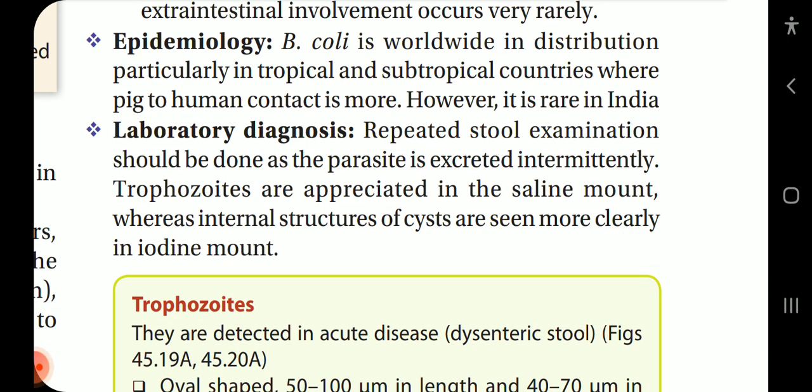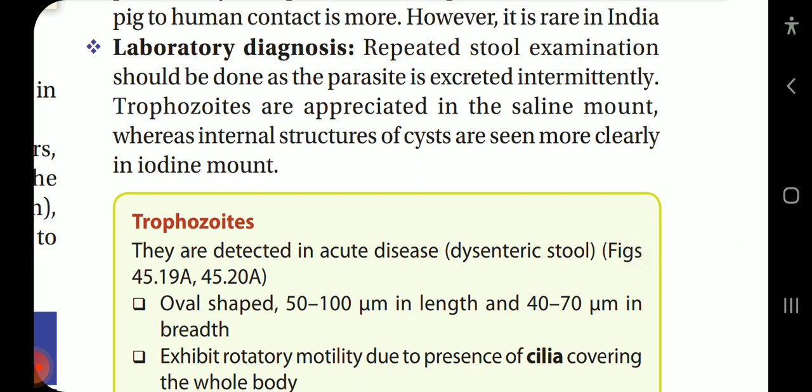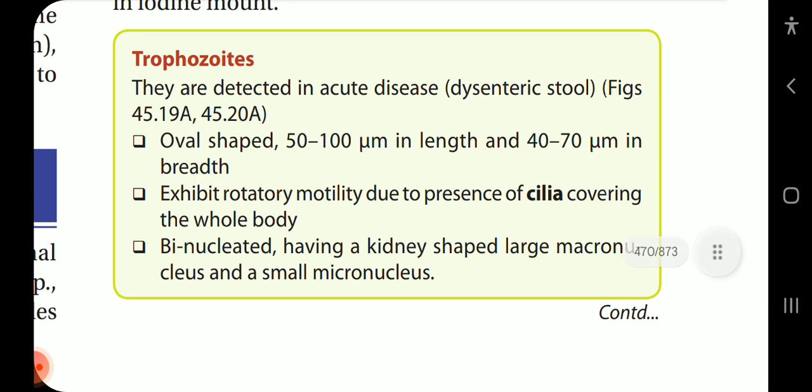Epidemiology: B. coli is worldwide in distribution, particularly in tropical and subtropical countries where pig to human contact is more. However, it is rare in India. Lab diagnosis: repeated stool examination should be done as the parasite is excreted intermittently. Trophozoites are appreciated in the saline mount, whereas the internal structures of the cyst are seen more clearly in the iodine mount. Trophozoites are detected in acute disease, in dysenteric stool, oval shaped, 50 to 100 micrometer in length and 40